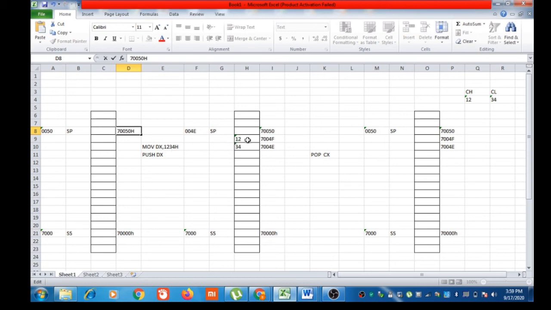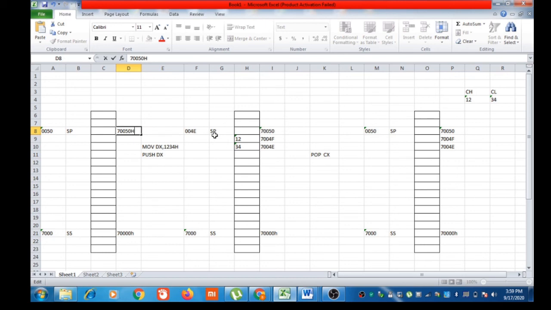So 12H will be written to 7004FH and 34H will be written to 7004EH. So this is the picture of the stack after this push operation.